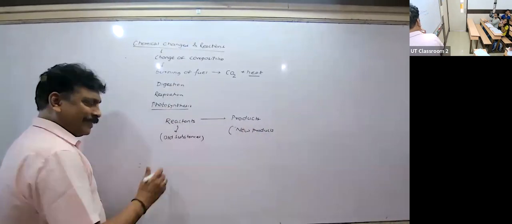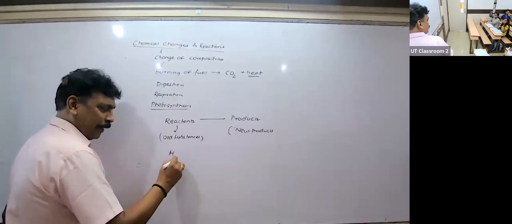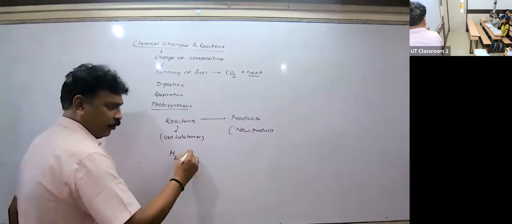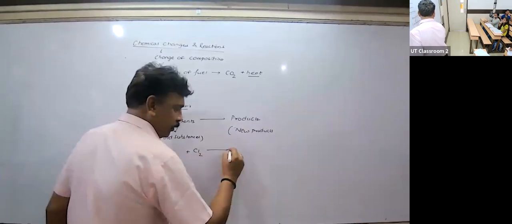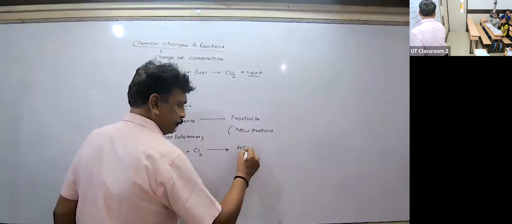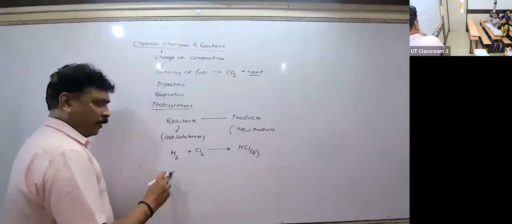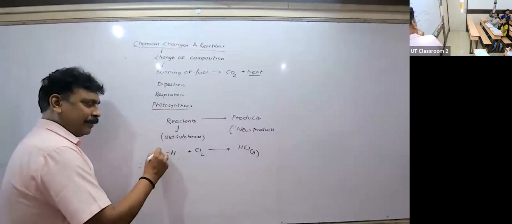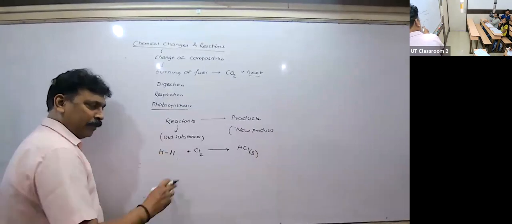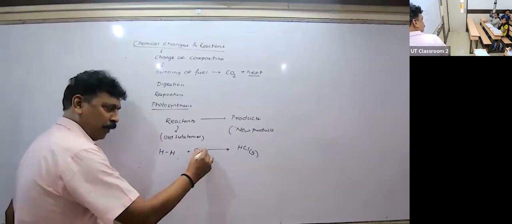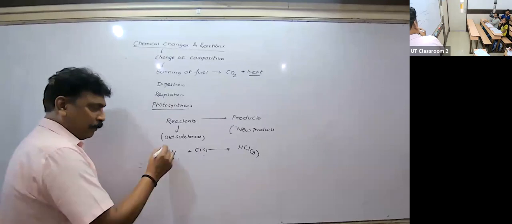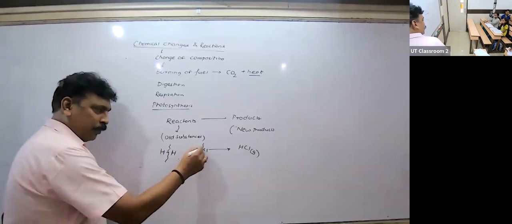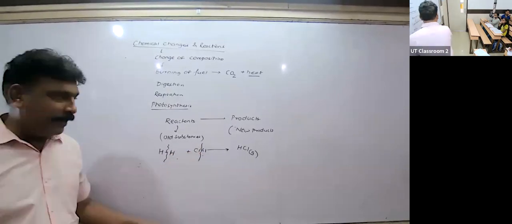Let's take an example over here. Let suppose you take hydrogen here and you react with what? Chlorine, and you get what? Hydrogen chloride gas. Now here what is happening over here? There is a bond between two hydrogen atoms and there is a bond between two chlorine atoms. Now what is happening? First, unless these bonds are broken down, you cannot get HCl bond. Yes or no, children?